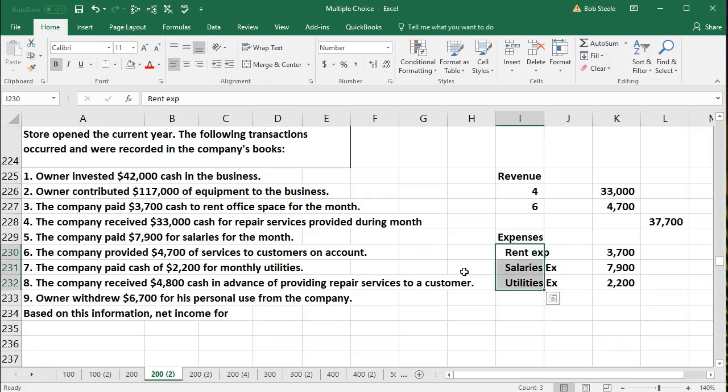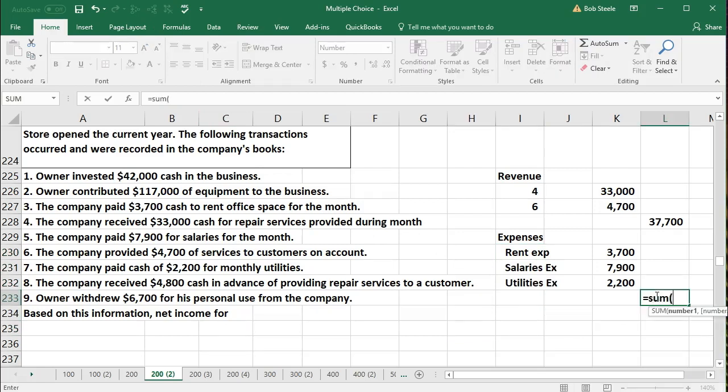Then we have the expenses, the rent, the salaries, the utilities. Here, I'm going to indent that. That's a subcategory of the expenses. We'll bring them out in the outer column. I'm going to say the expense of 3,700 plus 7,900 plus 2,200 provides us with total expenses of 13,800. Net income is then calculated as revenue, 37,700, minus expenses of 13,800, giving us net income of